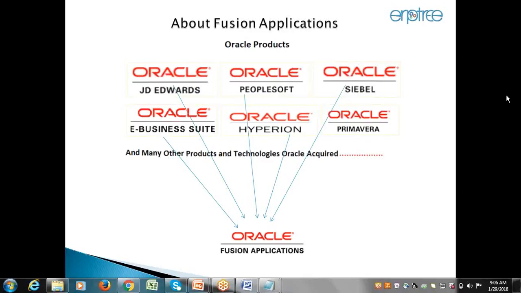So the clients who are using it are very much happy. The clients who are using it, whether as a cloud solution or on-premise. Most of the clients who are using the Fusion applications, more than 90% of the clients, are using the cloud solution only. Because they have streamlined and integrated everything and brought these different products into one single platform, and there is no failure now.